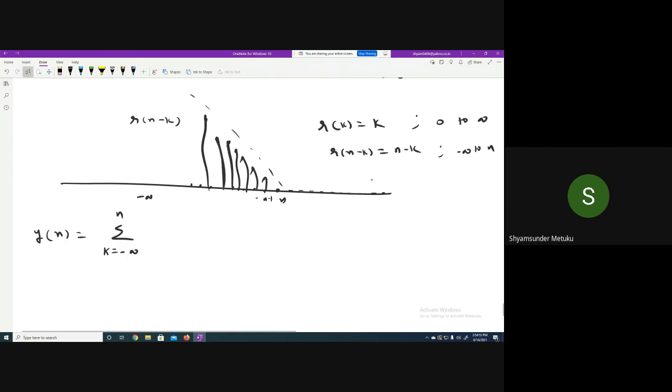Yes, sir. When you calculate y of n, k is equal to minus infinity to infinity in general, I'm replacing. X of k, anyhow, the value is 1 only because it's a unit step. Can I write this way, n minus k? Yes or no? Yes. So how can I write this sum of two? You can write separately. Is it okay? Any mathematics formula which can help you to simplify in terms of n? This one.